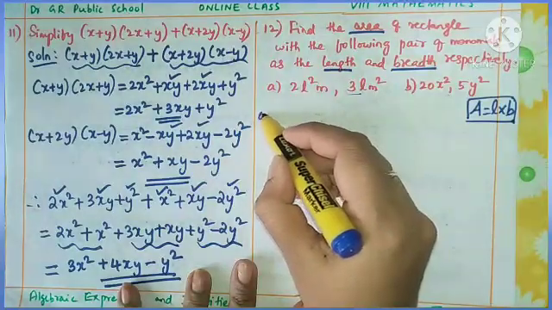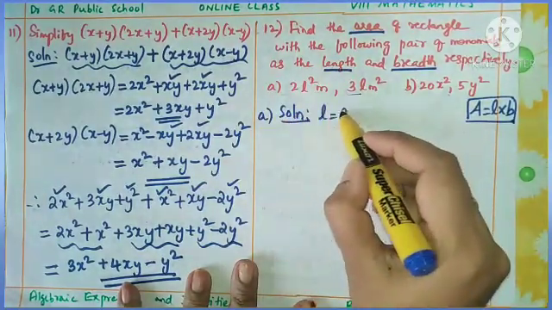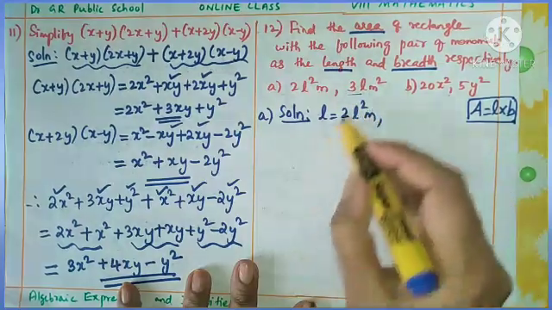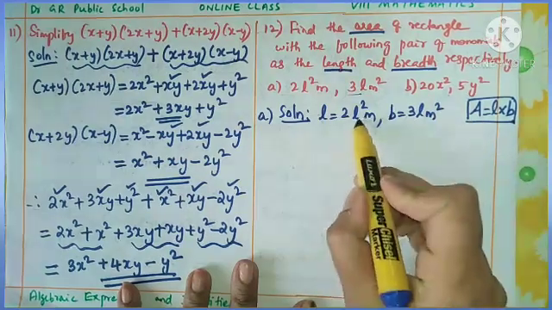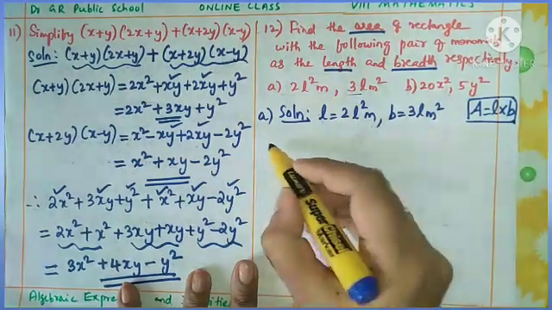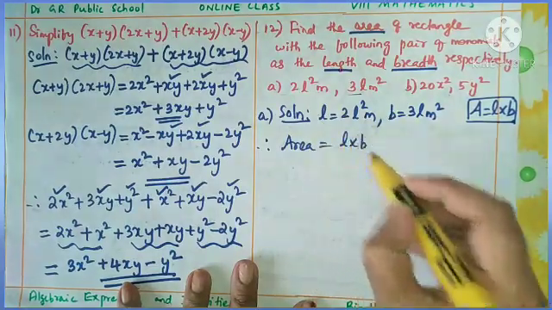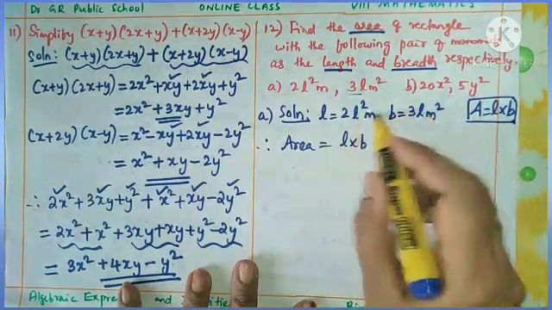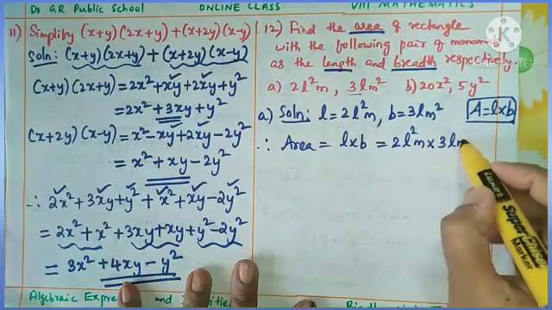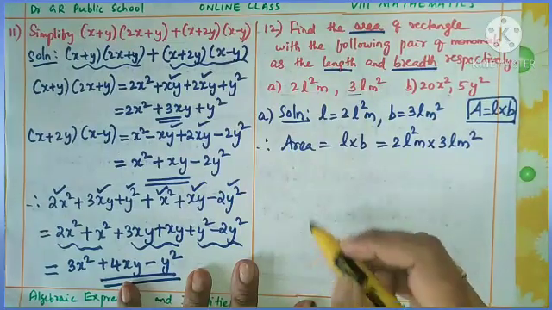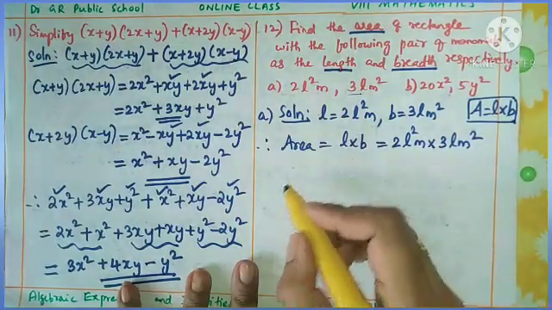So first we can do the solution of first problem. What is given? Length is 2l square m and breadth is 3l m square. The variables are l and m. So therefore area equal to l into b, correct? So you want to multiply these two, 2l square m into 3l m square. Just multiply all of you. What you will get? So this is equal to,